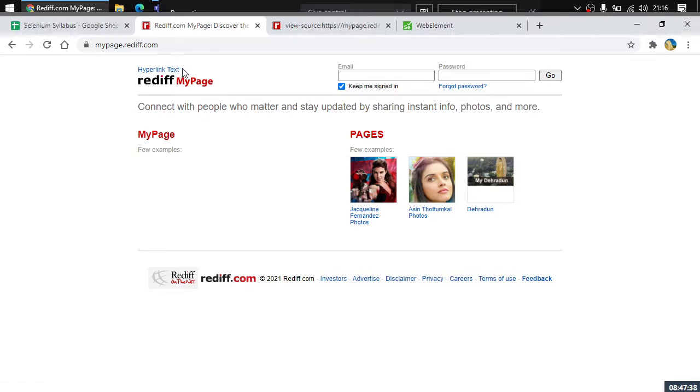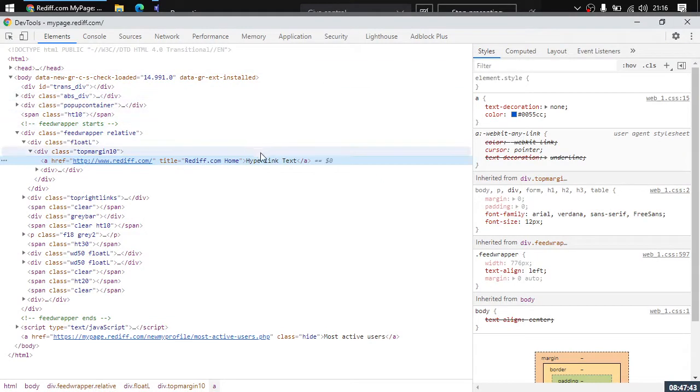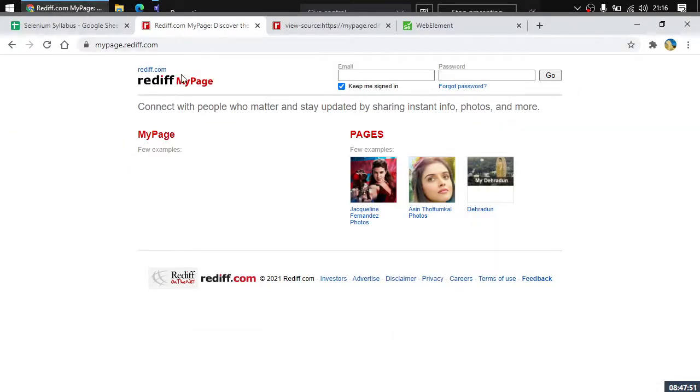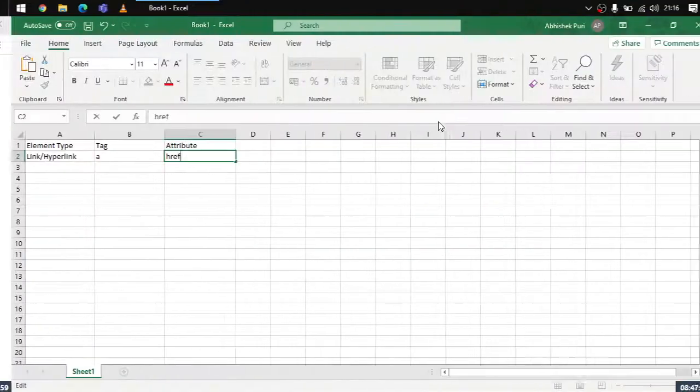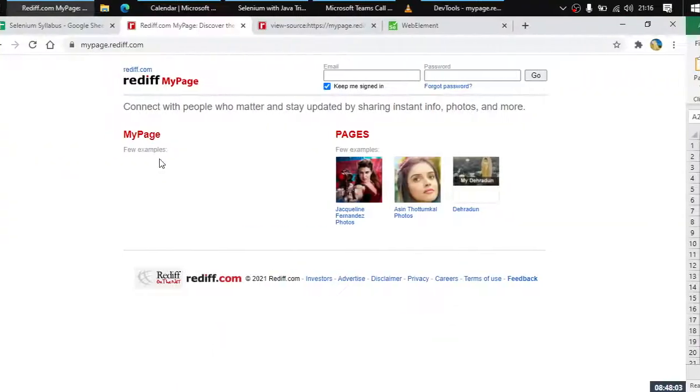Right now we won't be changing these texts actually, but I just wanted you guys to know that this is the space where we see the things which are visible on the page. Right here you can see that now it is shown as rediff.com. So this is the link. If I click on this particular link, I would be taken to the Rediff home page. Right now this is done. Link is done. Now let us just see some other references for this.